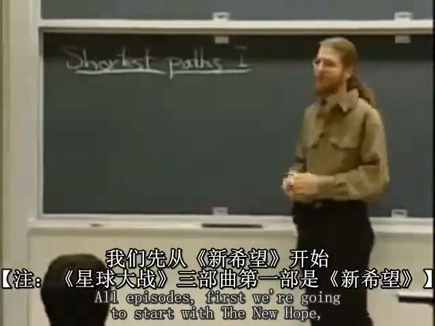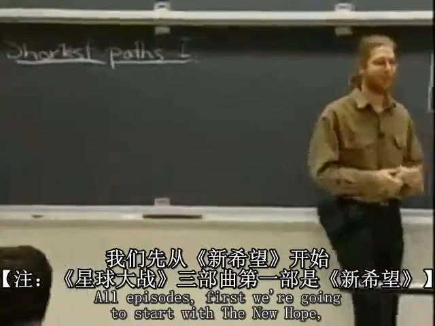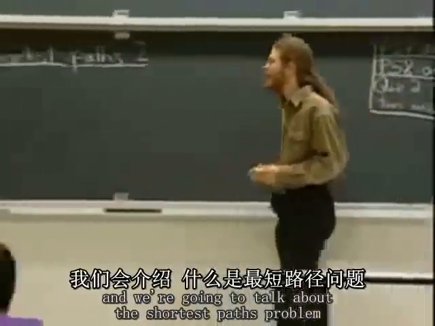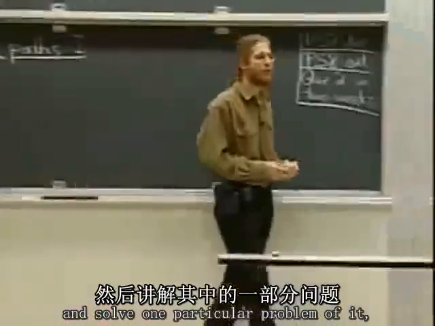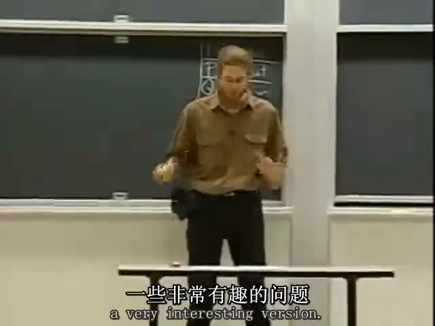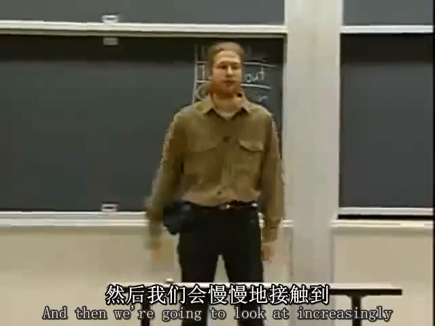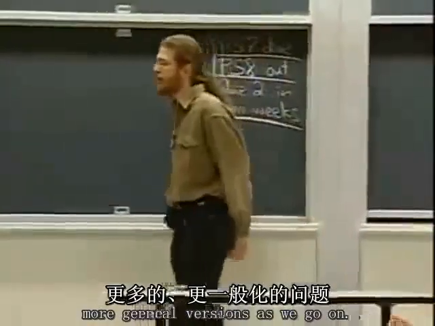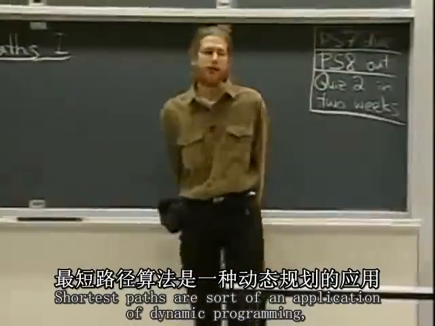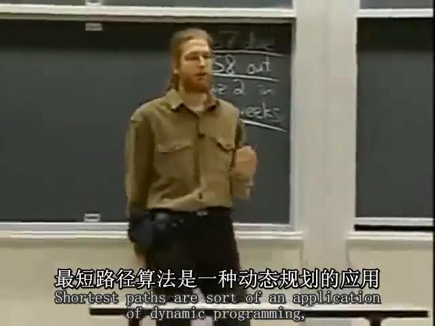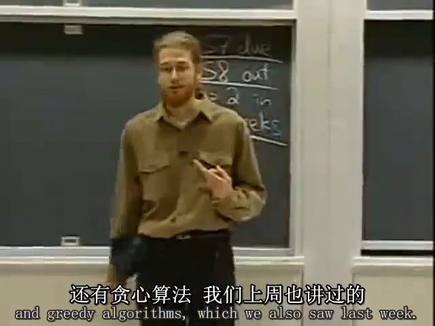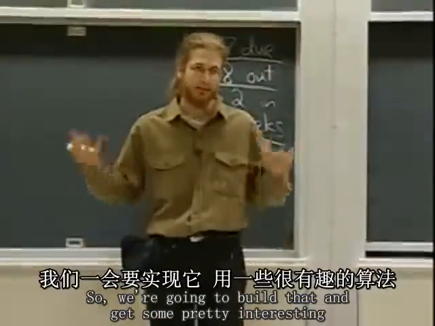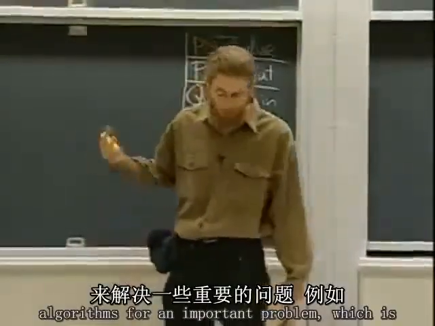All episodes. This is first. We're going to start with A New Hope, and we're going to talk about the shortest paths problem and solve one particular version of it, a very interesting version. And then we're going to look at increasingly more general versions as we go on. Shortest paths are sort of an application of dynamic programming, which we saw last week, and greedy algorithms, which we also saw last week. So we're going to build that and get some really interesting algorithms for an important problem,